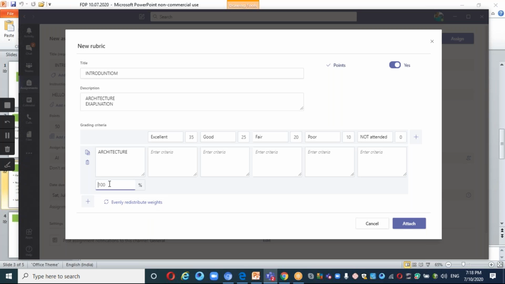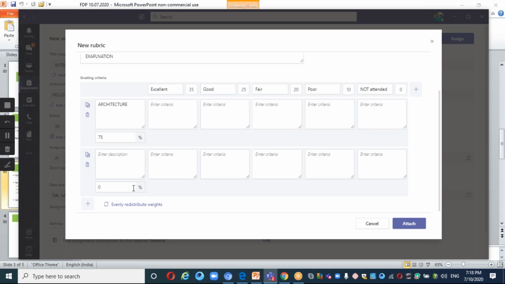I'll give 75% of marks to architecture and 25% to your explanation. Right? So this 50 marks counted as 100%, 75% of marks to be given for architecture and the rest to be given for your explanation.